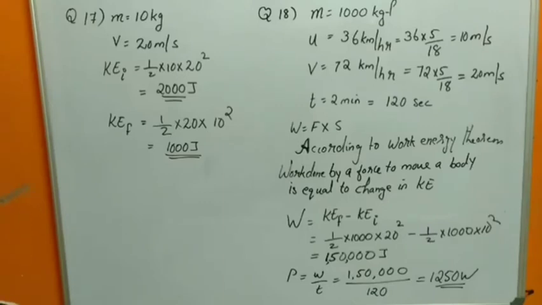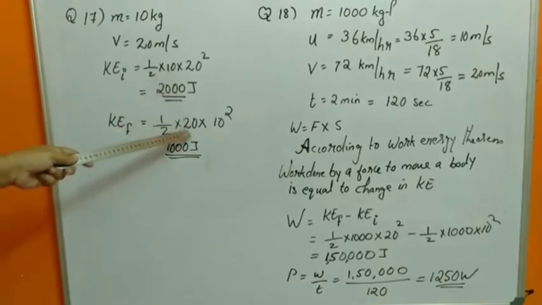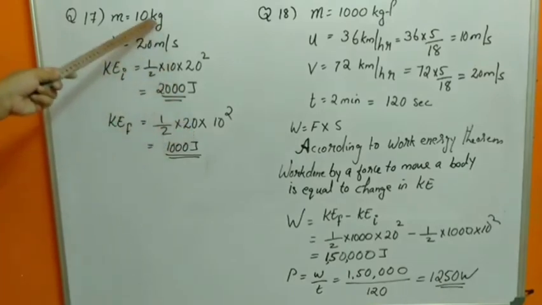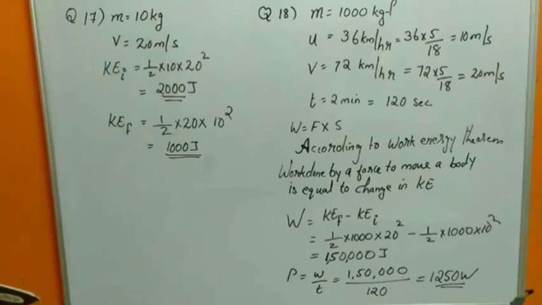So first we can find the initial kinetic energy. Kinetic energy initial equals half into mv square. By calculating you will get 2000 joule. Now you are asked to find the final kinetic energy, but here one condition is given. If the mass of the body is doubled, here the mass is 10, I substitute the doubled mass. Instead of 10 kg it becomes 20 kg and the velocity becomes half, 20 becomes 10. So to find the final kinetic energy, you will get half mv square, that is 1000 joule.